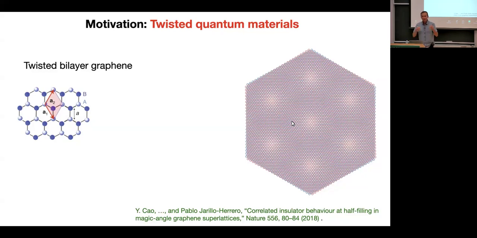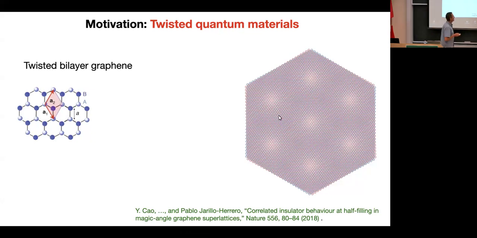And this has been a huge breakthrough because for basically all its history, we condensed matter physicists have been shackled by this fact that the periodicity of the potential in which electrons move in solids is set by interatomic distance, which is invariably on the order of a couple angstroms, like in this graphene lattice. However, when you create this moire potential, you can see here in this example that the period can be much larger. So for the first time, we've been able to experimentally see the consequences of what happens when this periodicity is changed dramatically.